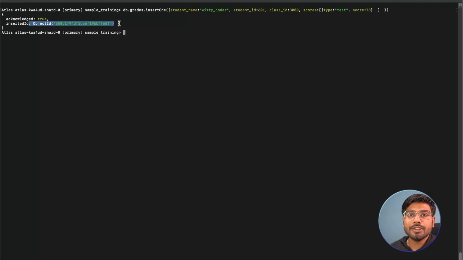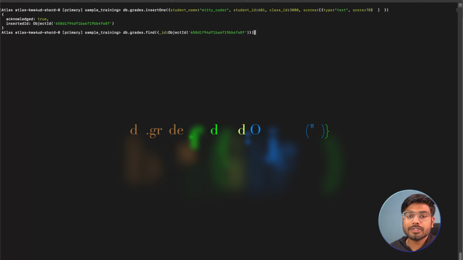MongoDB has generated a unique object ID. Here it is, and acknowledged true means the entry is created. To verify it, now let's again find it out. For that we have to write db.grades, and now as we have the object ID itself, so we will simply use it in the query. So for that, we'll copy this, and underscore ID colon, and we'll pass in the query and close the brackets. Let's see,